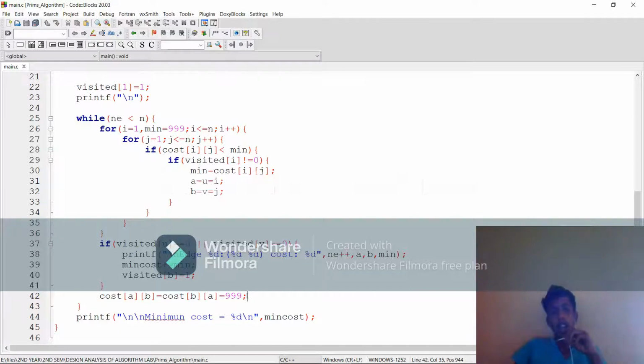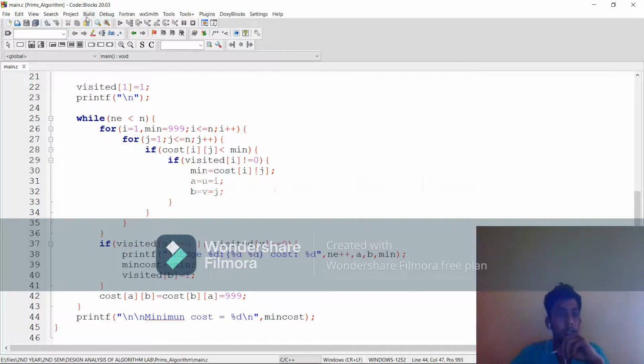So after filling the edge, if the table is not giving the space for that edge, it should be deleted. So infinity is stored in those particular places. After the while loop is fully completed, it will print the number of edges, and at last we are going to print the minimum cost.